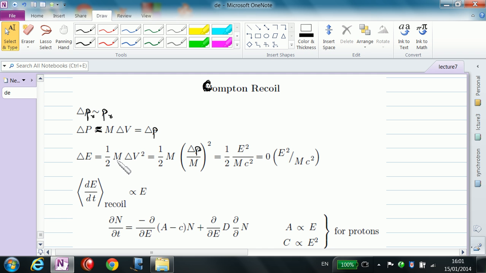So delta E, if the scatterer had originally been at rest, is a half m delta V squared, and when I write this in terms of the original photon energy, since energy is conserved, I know that